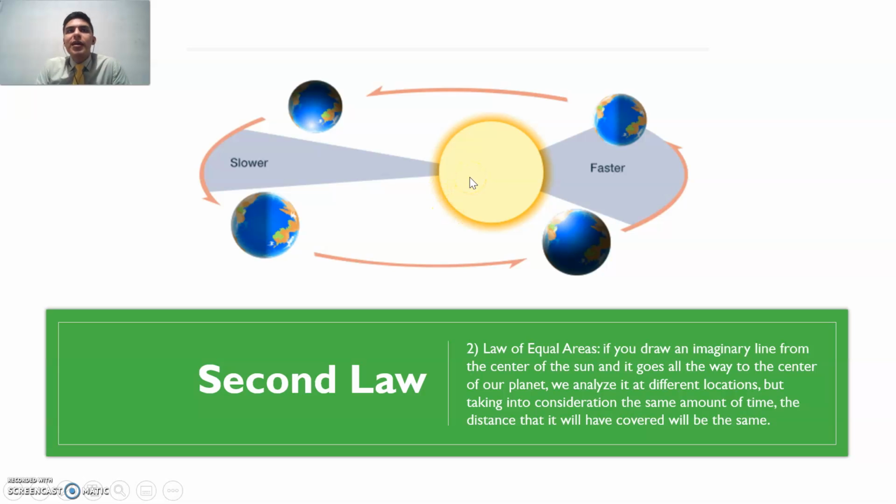So what we have studied before, relating it to the universal law of gravitation, the closer two objects are to each other, the higher the gravitational pull produced among them. So in this case, if Earth is farther away from the sun, then it is going to have a lower attraction. But when it gets closer to the sun, then it is going to start orbiting faster due to the higher gravitational pull produced by both objects. And probably you're thinking, hey teacher, our planet doesn't really get that close to the sun. Well,